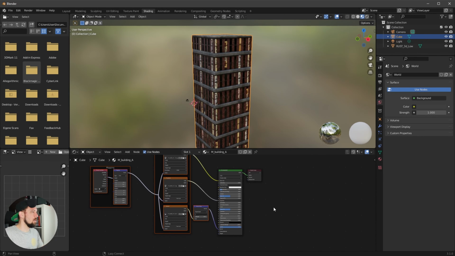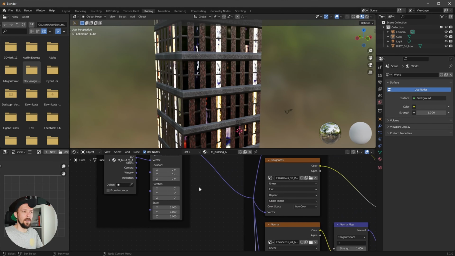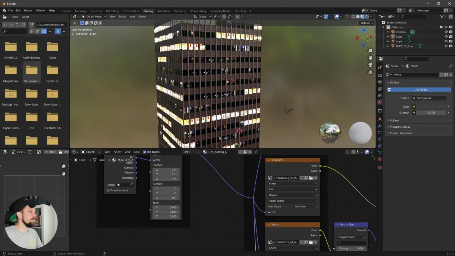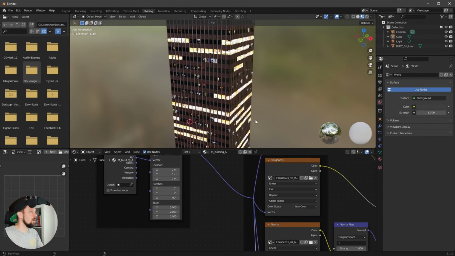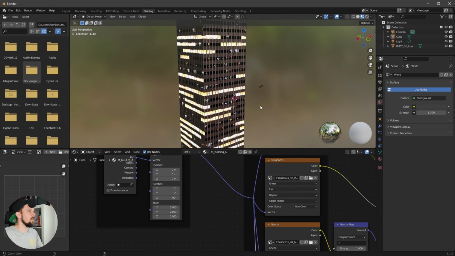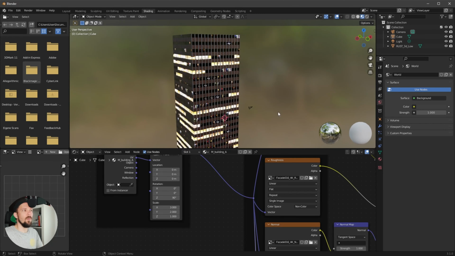Yeah, and as you can see now, the mapping is not really good. So what we have to do for every building is go here and set the Z value to 90 degrees and bring this one down for tiling to something like 3 by 2. Yeah, and now I will do this 3 times again for different texture setups. So I think I will fast forward this because it's the same